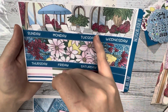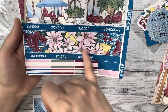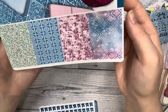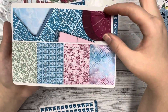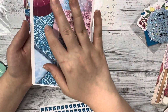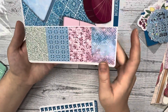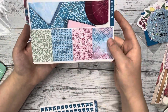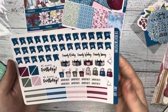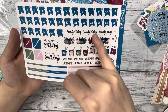And the scene is like off by the pool kind of thing, and you have those flowers below that too. Next sheet has some boxes, a large rectangular scene box. So this is like another at the pool. We have some seats you can sit at, and then over here some boxes with the patterns that you can use. And then lastly, we have your date flags for the month, your script currently reading, watching, and listening for